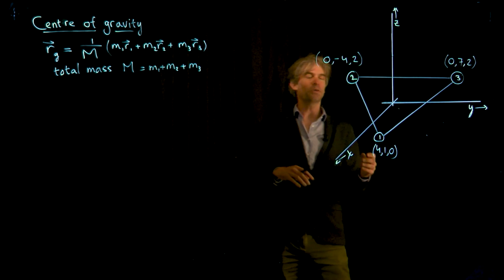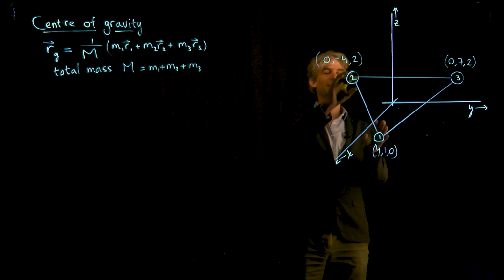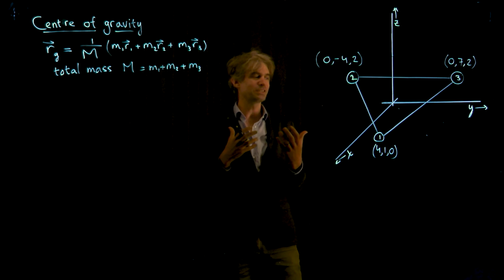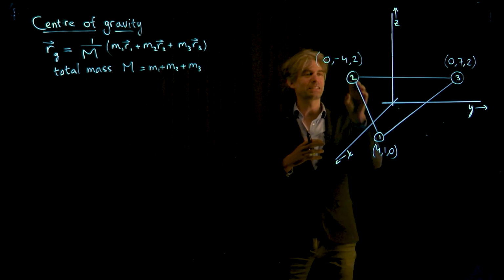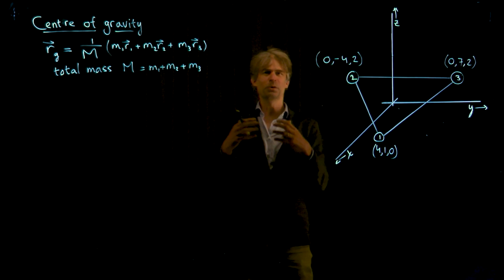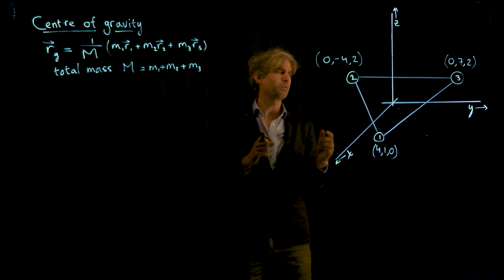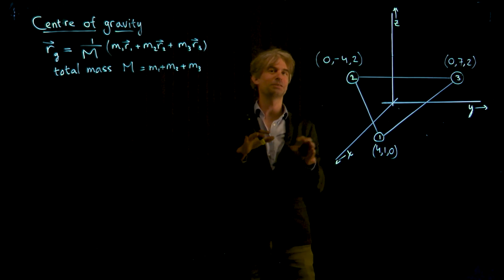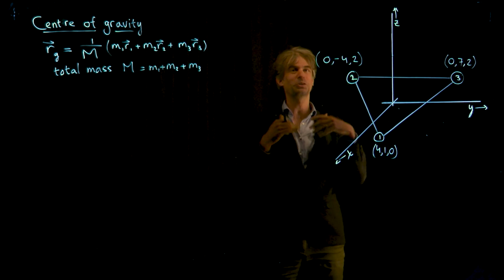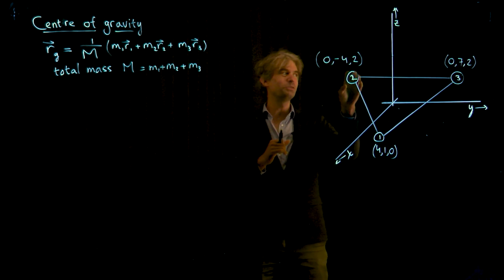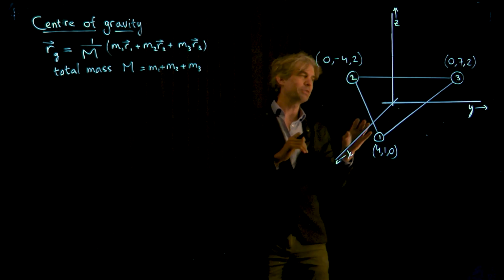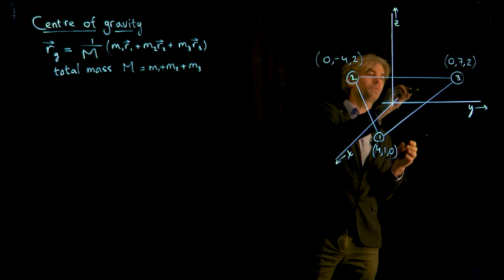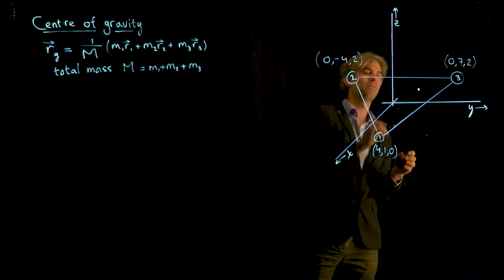But we can make things a bit more complicated and put weights on the corners of the triangle. Now we're going to suppose the triangle itself is weightless and it's all about those weights at the corners. Then you can wonder what happens to the center of gravity. It will probably shift a little bit here. Now these 1, 2 and 3 not only indicate the number of the weight, but also the weight itself. So this is 1 kilo, this is 2 kilos, this is 3 kilos. If I had to guess, since the 3 kilos is here, I would think the center of gravity would move to somewhere over here.